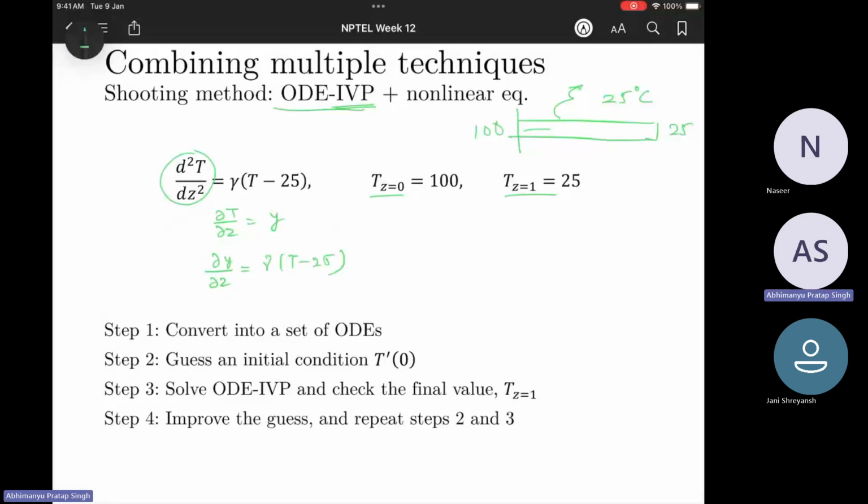Now we know that at z is equal to 0, we know that t is equal to 100. But we don't know the value of del t by del z, or the value of y at z is equal to 0. If we are going to solve this using ODE45, what ODE45 does is that